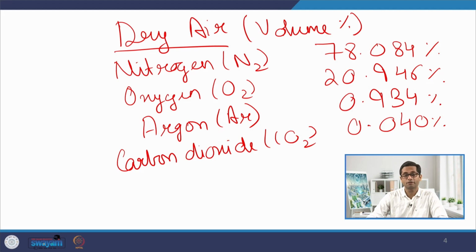CO2, although less, is an important gas of concern. Further, there could be another component of this atmosphere which comes in the form of water vapor, but as of now in this study we are just considering dry air. The water vapor or moisture content could vary from 0 to 5% depending upon which place you are residing in. But for the sake of simplicity, we are going to assume that there is no water content in the atmosphere.